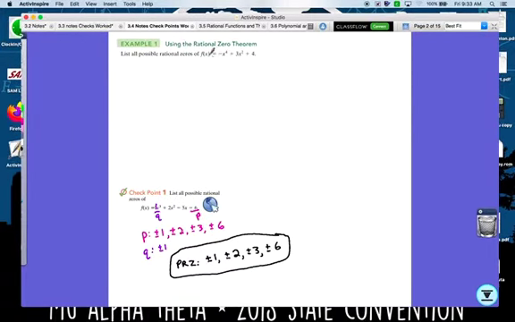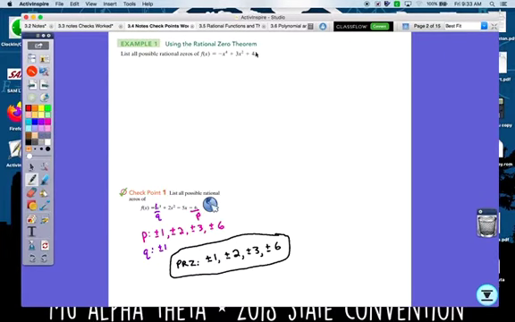If you want to list all the possible rational zeros, first you have to realize for your p's, you look at the constant. You say, what are the factors of 4? It turns out those are going to be positive or negative 1, which goes with a positive or negative 4, because you could have -1 times -4, or +1 times +4. And then also positive or negative 2, because 2 times 2, or -2 times -2, is equal to 4. It's very important we have the positives or negatives there. And then for our q's,